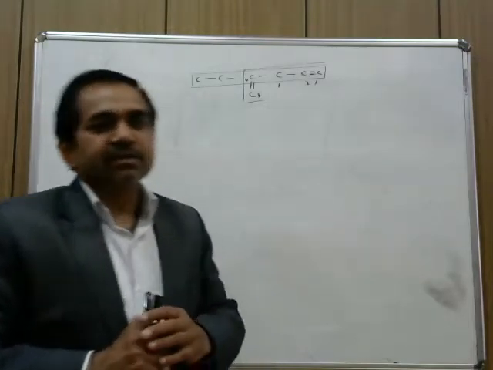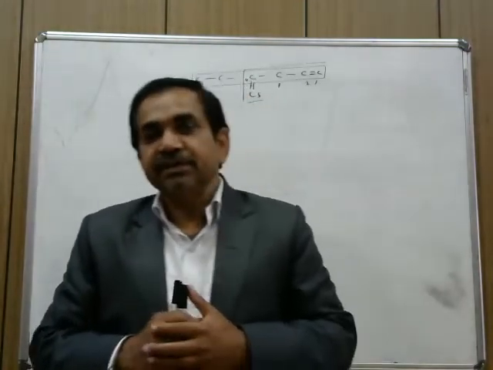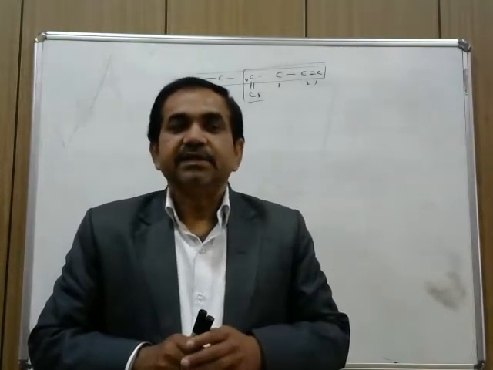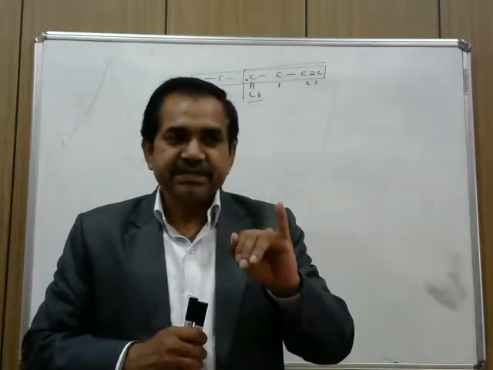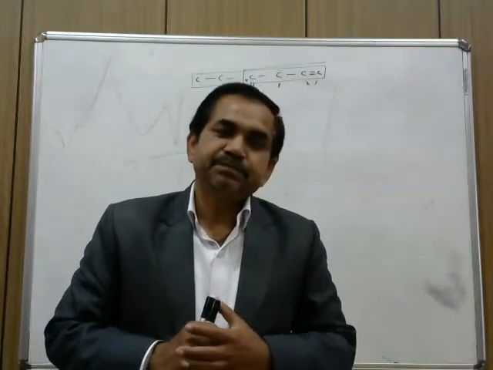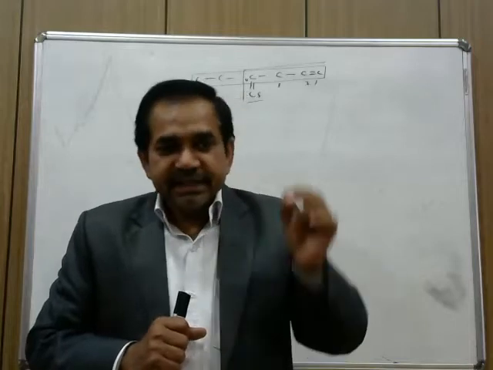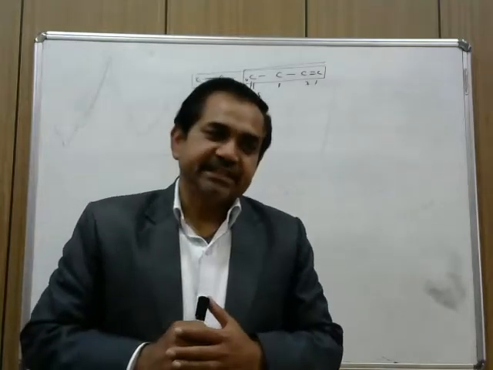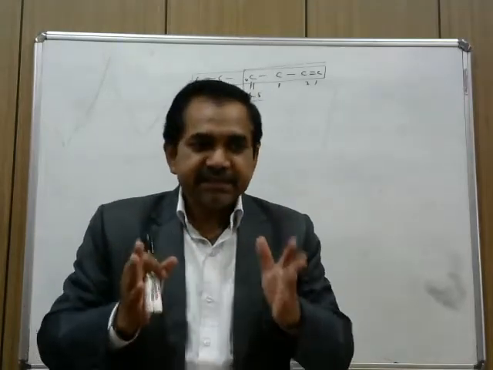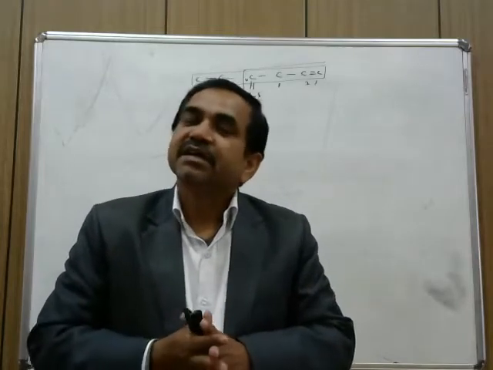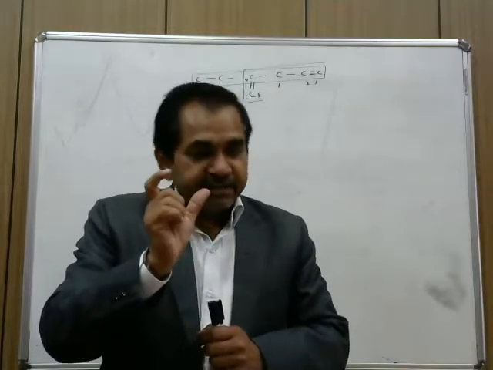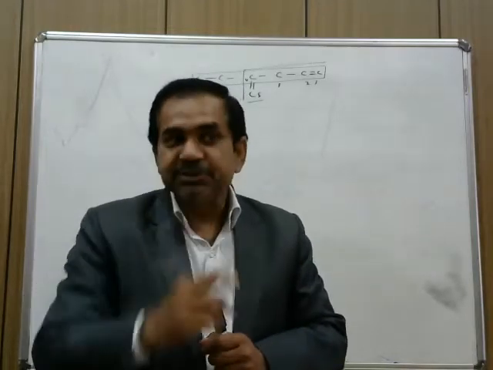So these are some of the common rules that are used for the selection of parent chain. First, the longest and continuous chain of carbon atoms is selected, whether it is a straight chain or it is a zigzag chain, no problem. Condition is that it should be longest. Longest means having the largest number of carbon atoms, and it should be continuous, meaning that in between the chain no heteroatom should be present.